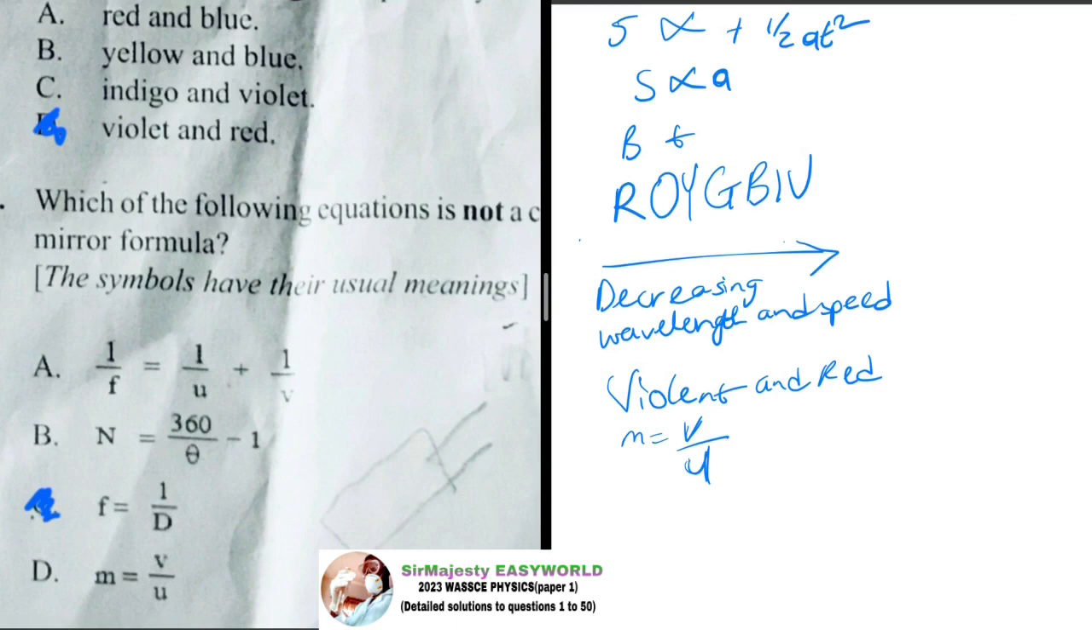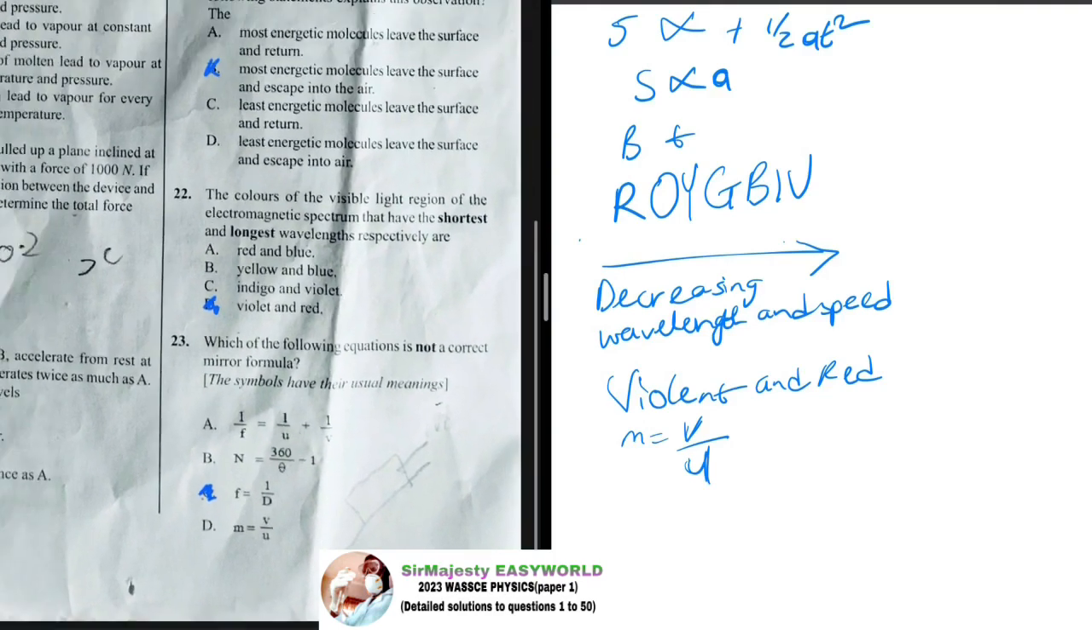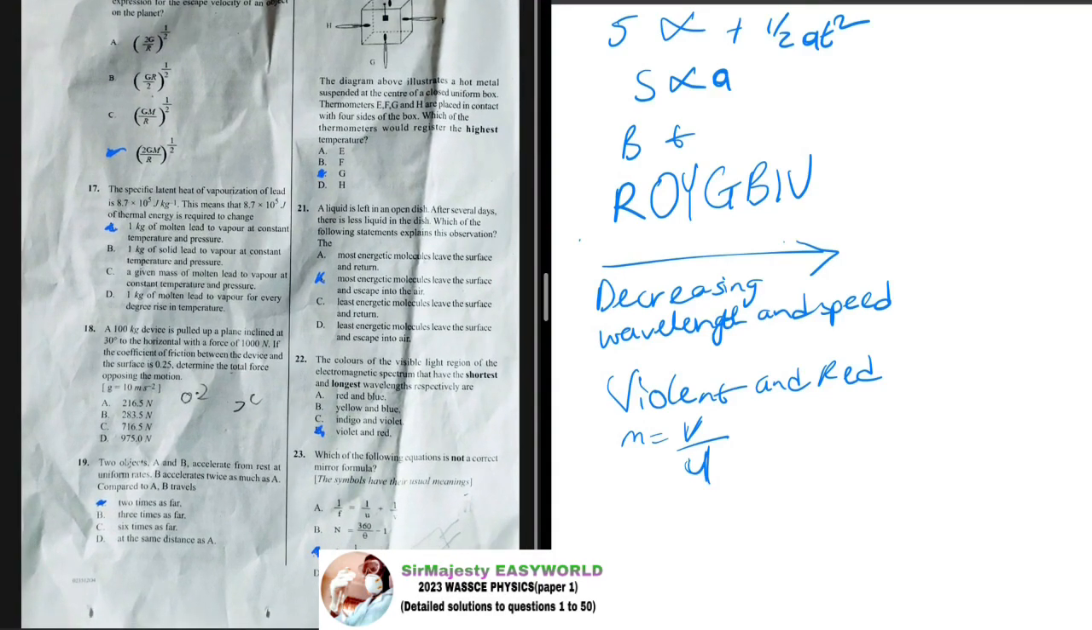So the magnification of the mirror is equal to V over U. That's the formula for the magnification. So the next question we're going to go into is